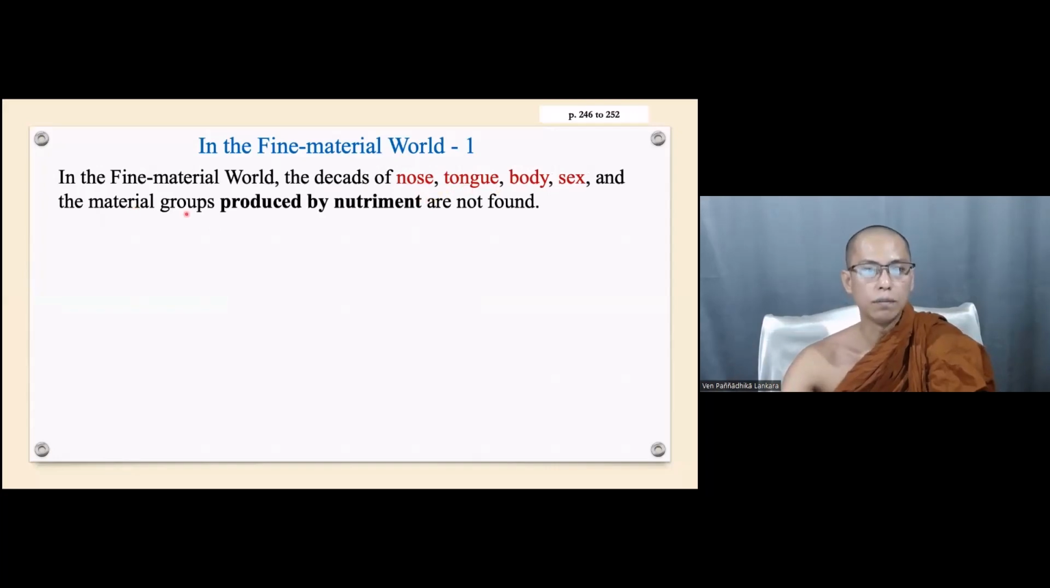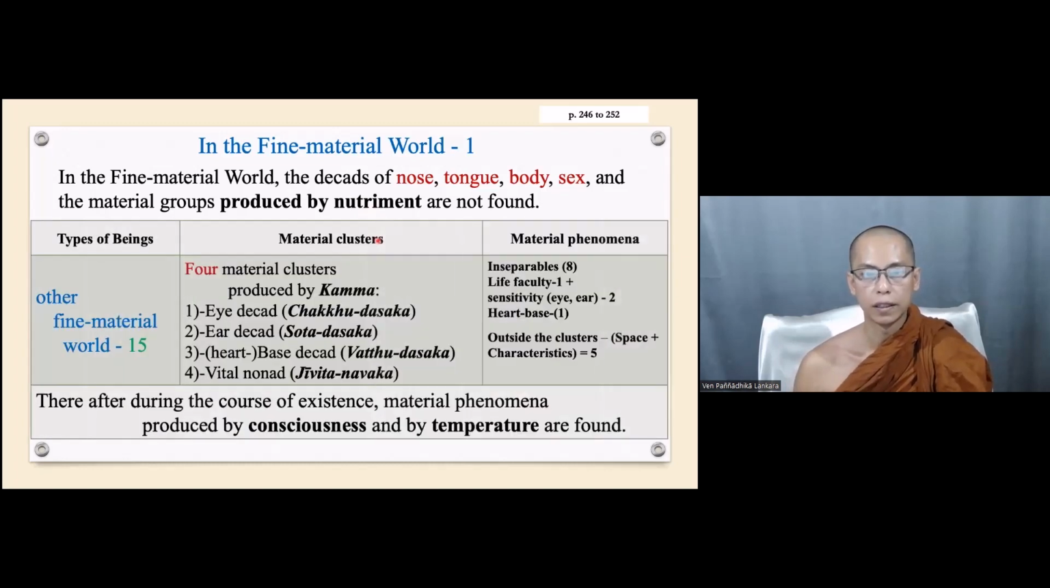And also the material growths produced by nutriment are not found. They don't eat any material food, material cheese as a food. And so the nutriment-born materiality cannot arise there in the Brahma world. So by the absence of these materialities and also material clusters, we will understand how many material clusters and how many material phenomena arise at the moment of rebirth linking and during the